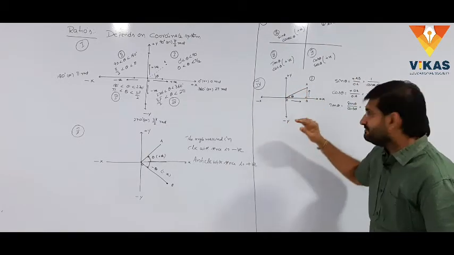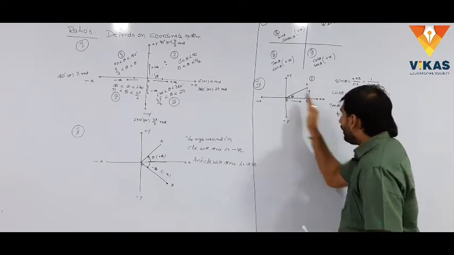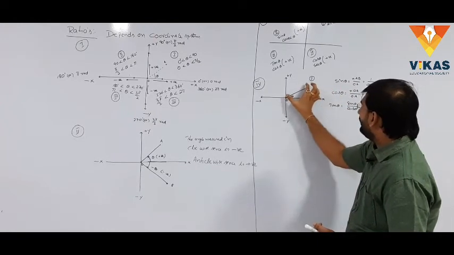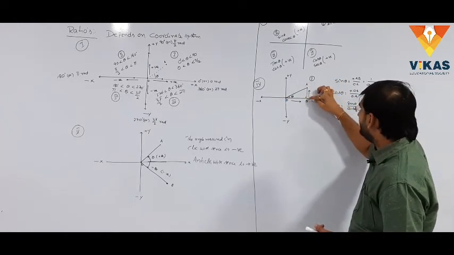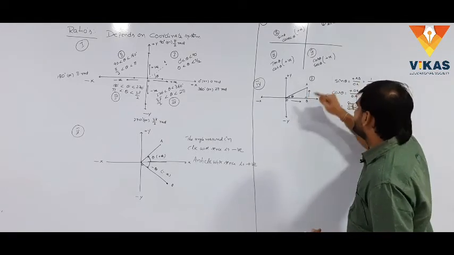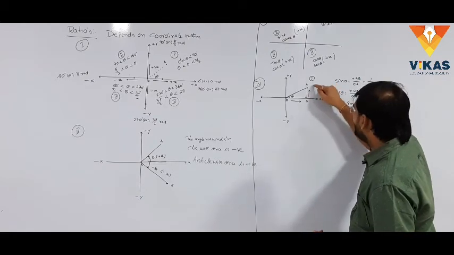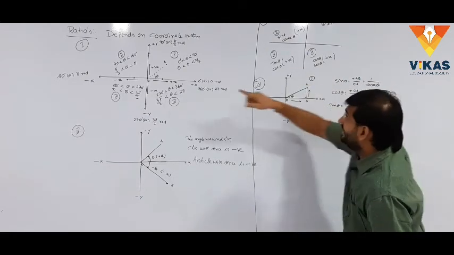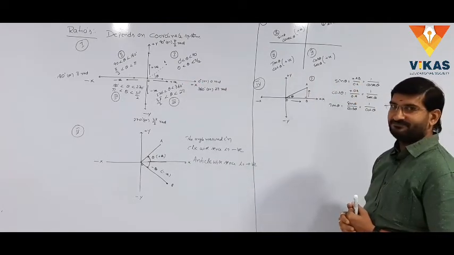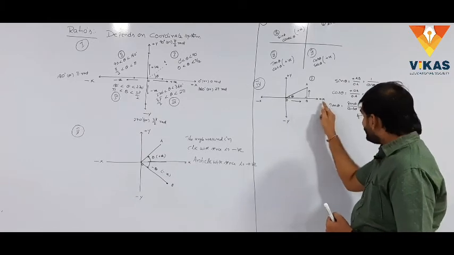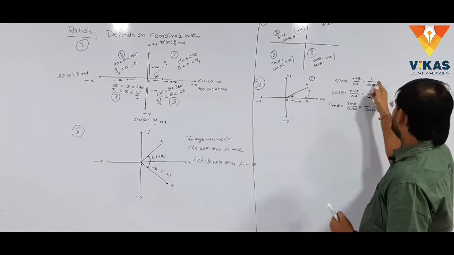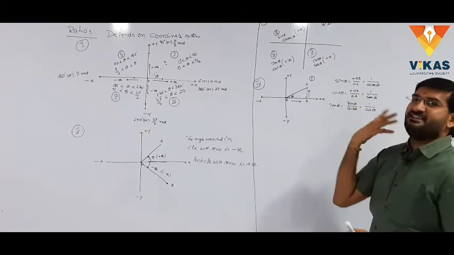All the distance is measured from the x-axis and all the distance is measured from the origin. Here, sin theta is opposite side by hypotenuse. The opposite side is AB. We don't measure the value from A to B; we measure the value from the x-axis, that's why B to A. B to A, which is along the positive y-axis, is positive. That's why AB is positive. OB, along the positive x-axis, is positive. If sin theta is positive and cos theta is positive, similarly tan theta is also positive.